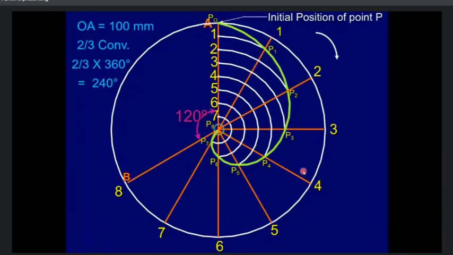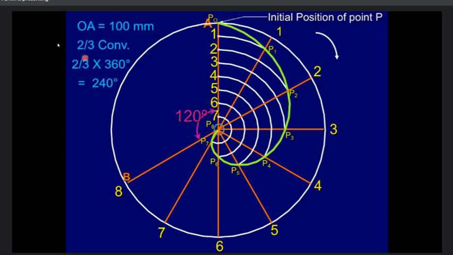Any questions or queries in this? No, sir. Okay, so if you understand one problem, then there can be a number of problems and you will be able to solve them. Fundamentals must be clear. यहाँ पे बहुत सारे changes आ सकते हैं. If I give 1.5 convolution, then definitely you are going to change it. If you have divided this into 12, as I explained, अगर 12 parts में divide किया है तो linear को 18 parts में करना पड़ेगा. अगर 8 में किया है तो 12 में करना पड़ेगा for 1.5 convolution.